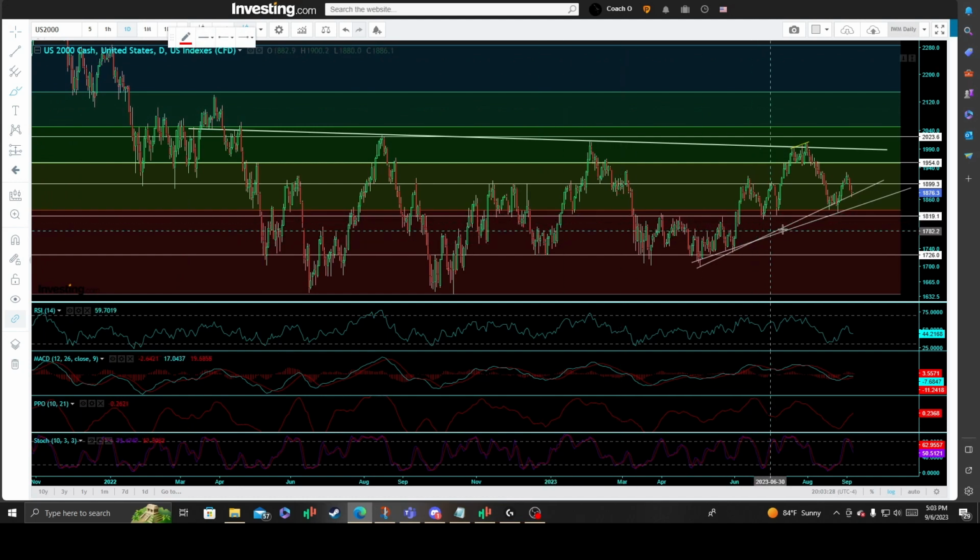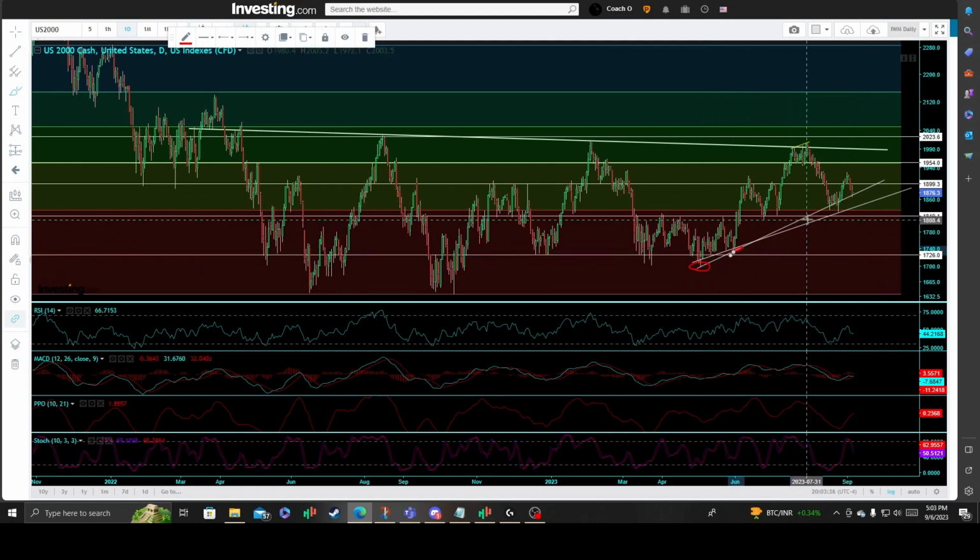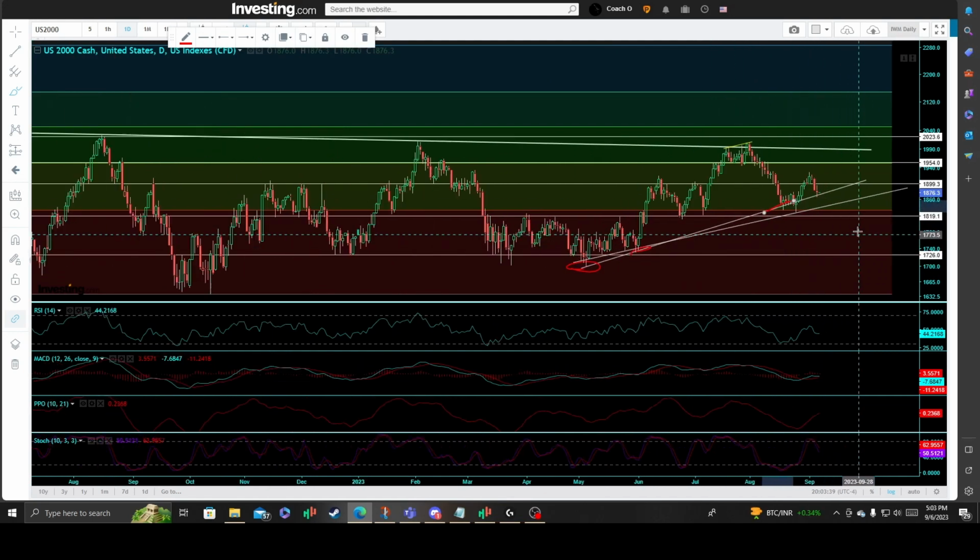And the scenario that I favored is starting to play out here, where we had this reactionary low right amongst this, what I had added as the first initial primary uptrend line. And it looks like we were successfully bid up and defended by long traders and bull traders today, right off that key inflection point once again. So again, further validating the strength of this price support level.